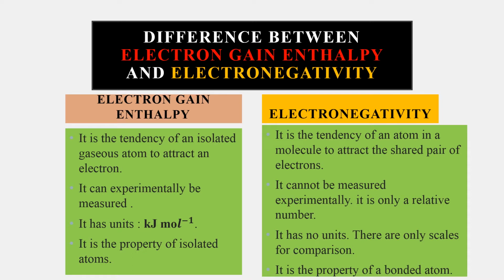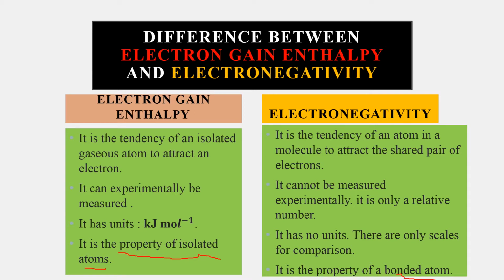Similarly, electron gain enthalpy, it is the property of isolated atoms. It is important. Electron gain enthalpy is the property of isolated atoms. Whereas electronegativity, it is the property of bonded atoms. When atoms are present in their free state, in their isolated state, that property can be explained by electron